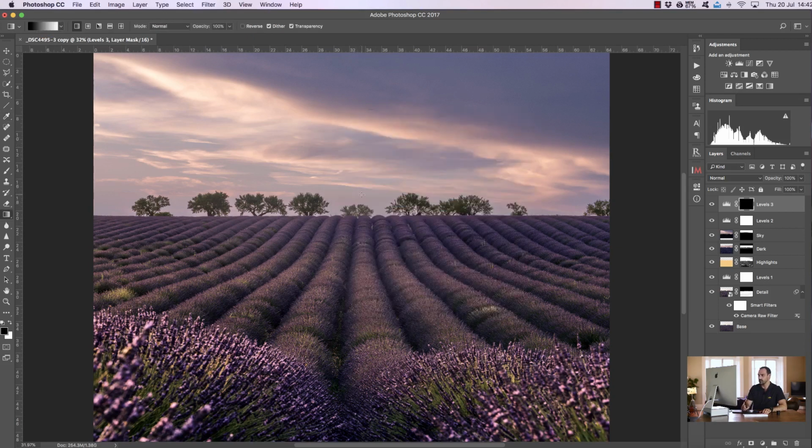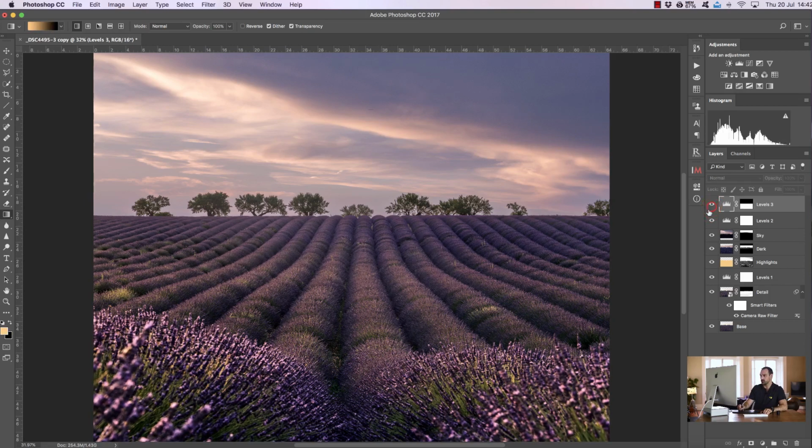And now all I need to do is select around about this tree, hold down Shift so I draw a straight line again, and do a line to around about here. And you'll see by doing that, we've brightened up the foreground, but actually we also brightened up a little bit of the horizon there, if you look very closely, and that isn't what we want. We don't want to affect the horizon. And that's just because I started the line too high. If I start the line here, we can do a smooth transition there to brighten up the foreground